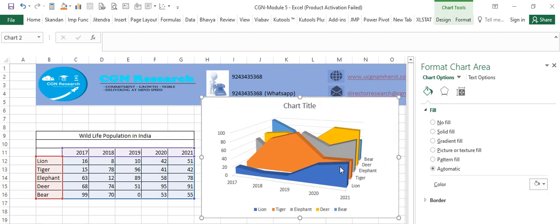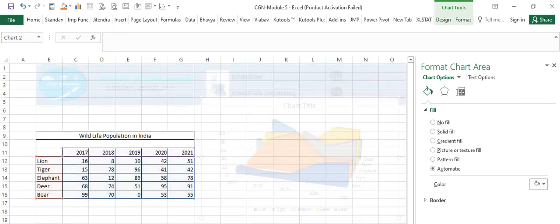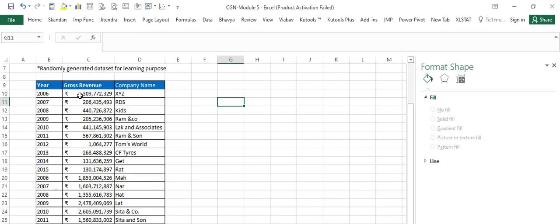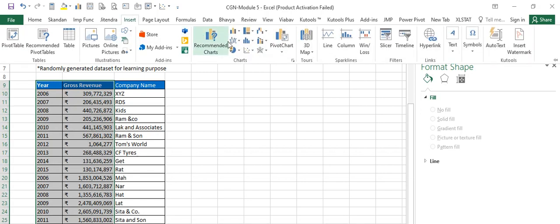They depict what is there in the data, where which point is lying, and I can look at and identify the whole sequence pertaining to the number of years on this particular axis. So we could look at area charts. I'm looking at gross revenues, for example. Let me insert a chart for the area chart.